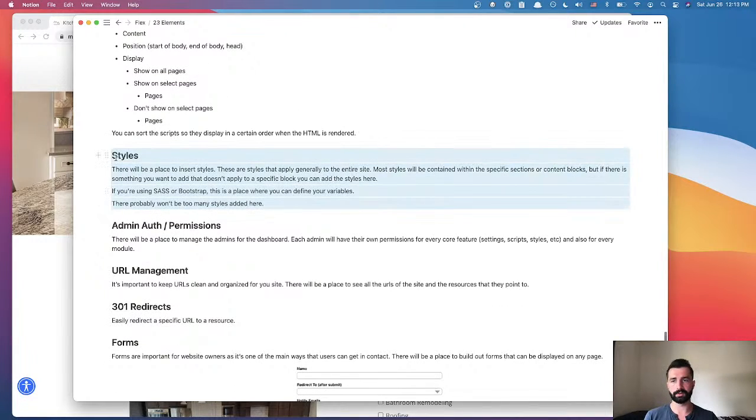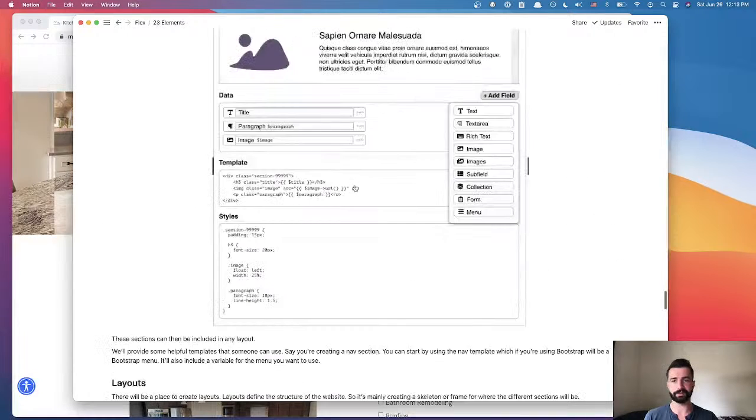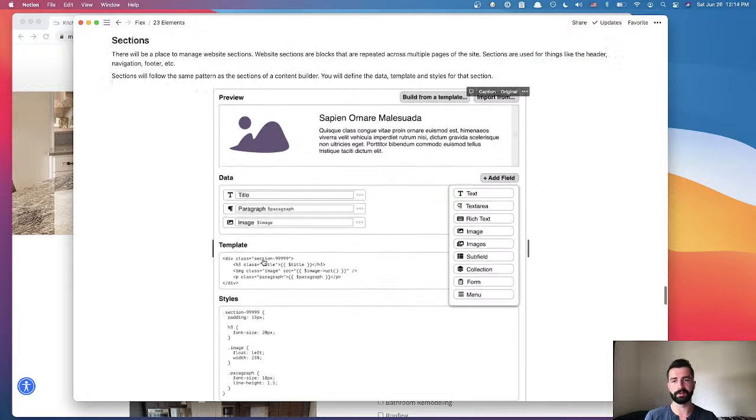In most cases, we're going to be adding styles within each block, because usually the styles only matter within the context of the block that you're adding them to. That's why we usually add them within the block.